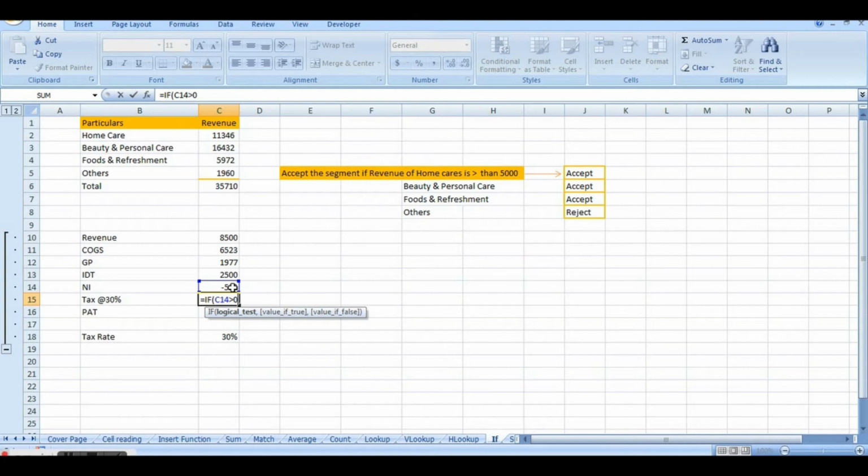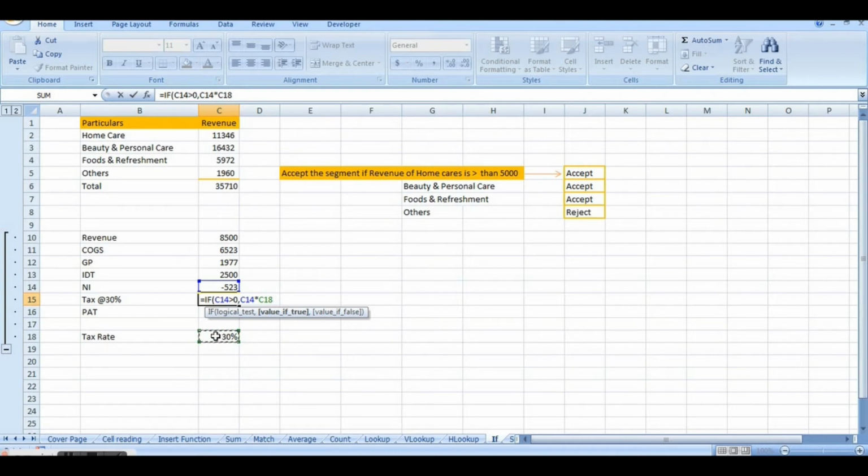So if net income is above 0, then I want the tax to be calculated as net income into this tax rate. Here we are not putting double inverted commas because we are not using words or characters. So we can simply multiply the cells, and again I am using referencing here.